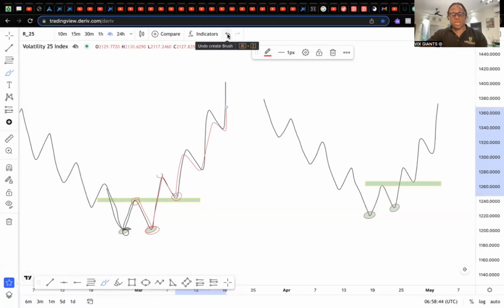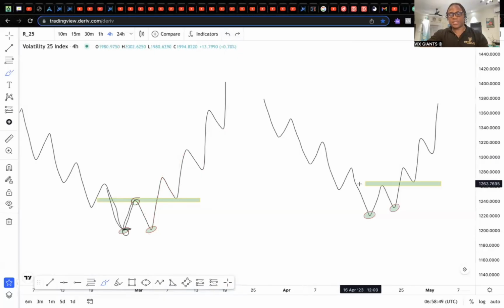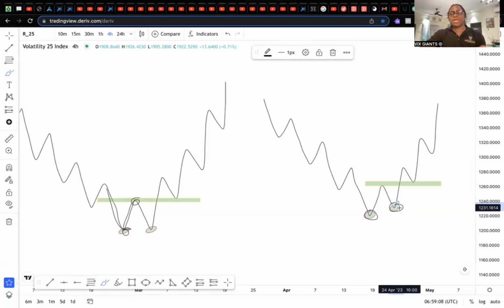If we look to the right of that example, we see a similar example, right? But with this example, we notice that one of the lows is higher, right? We're not at the same level. So with this one, usually it indicates that the buying pressure is high in the market, in which the market is even failing to attempt to reach